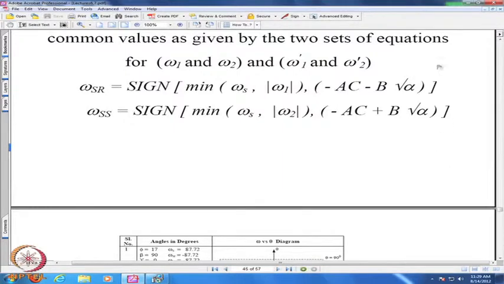So, common sense says that whatever values are common between these two are the correct values. So, I may get a minus 62 as cosine inverse, which occurs in omega 2 as minus 62. So, minus 62 is one of the values and that will be my omega s r, the second one will be my omega s s. So, then I will apply my criterion that